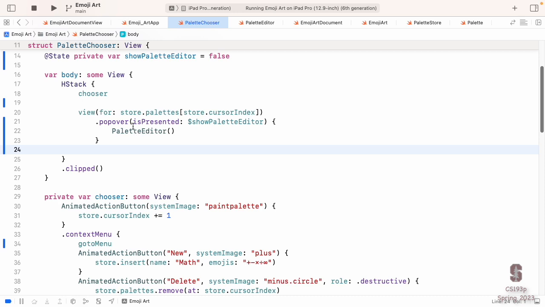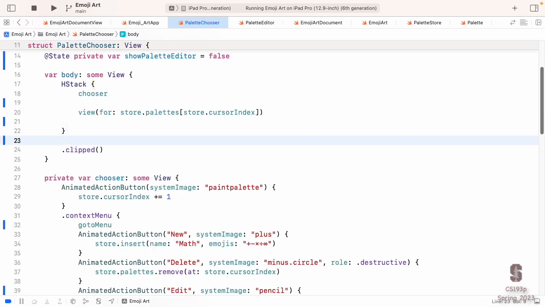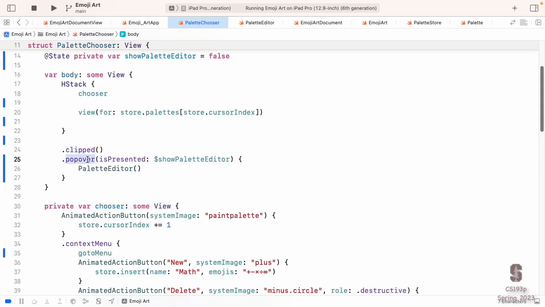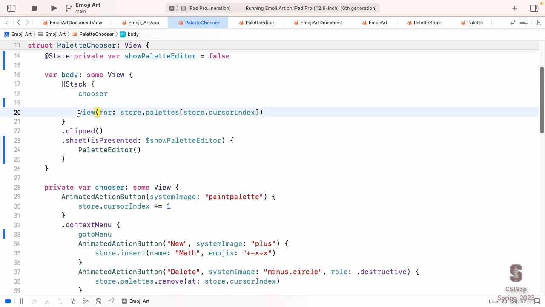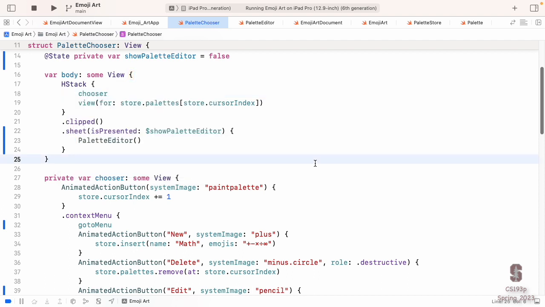And I'm going to put this popover back as a sheet because this is a big enough UI. Probably not going to put it in a popover. Well, it's close. It's close to being one we could put in there. The thing about it for popover is there's also really nothing it really needs to point at. There's no reason for it to point at the chooser button. There's no reason for it. You could argue it should point at the palette since it's editing that palette. It's probably a design choice thing.